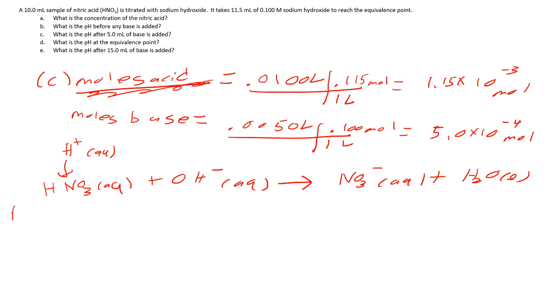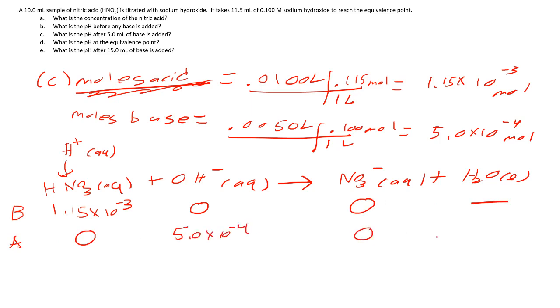So here, at our start, we had 1.15 times 10 to the minus 3 moles. We had approximately no hydroxide at the start. We had none of this. We didn't have any water. So in our addition, we didn't add any more nitric acid. We did add some hydroxide. We didn't add any nitrate. So then after our addition,